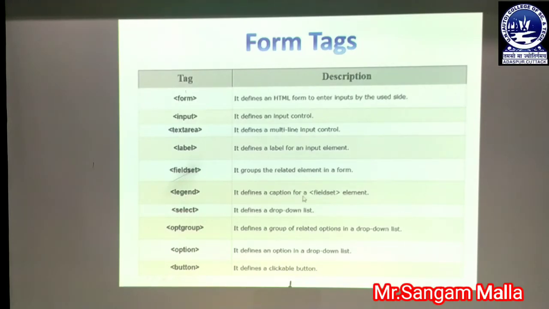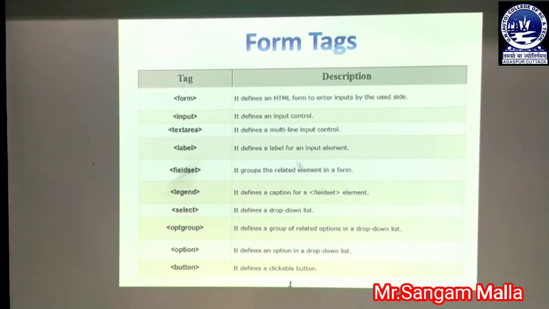It defines a caption for a field set element. That means whenever we are setting a field set, the field set can be named by the legend. Let's say we have used radio buttons for gender, that is male or female.